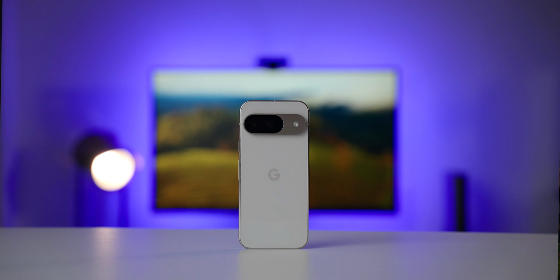As this is not a conclusion, but I would like to say the design is better, network has been improved, battery life is decent, but the slow charging is still there. Performance is also decent, but you will see the phone is getting a little bit warm and throttling, so you might not be able to play games on it. So, like I said, it's not a perfect phone. It might be good for some people, especially Pixel fans, but for other people, it's a decent option at